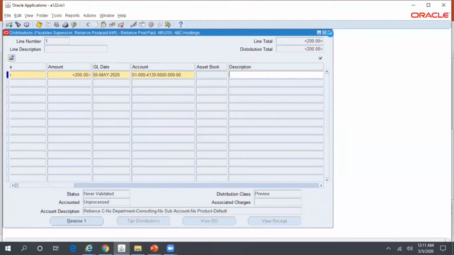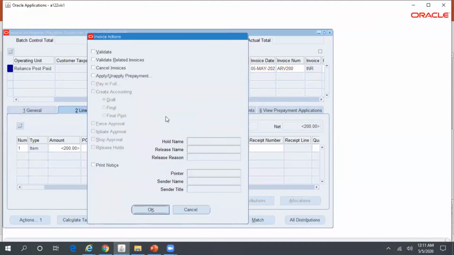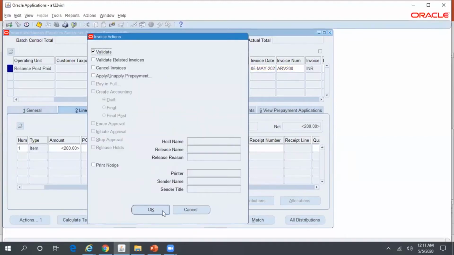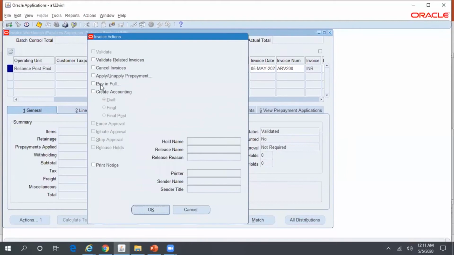Save this. Actions, validate this credit memo. So the credit memo is validated. Now click on Actions, Pay in Full. Once you click on Pay in Full,